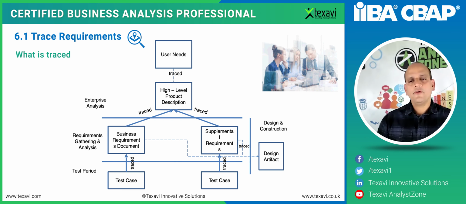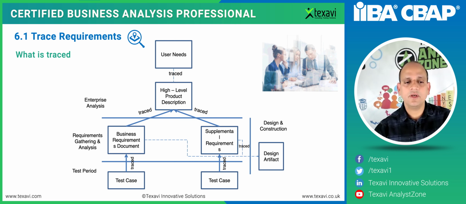What all could really be traced? What are the things that you could really try and trace in this? So you've got the user needs or the stakeholder needs and the opportunities. They're traced to the high level product description or the features. And the features get traced down to the business requirements document and the supplementary requirements, which are basically the non-functional